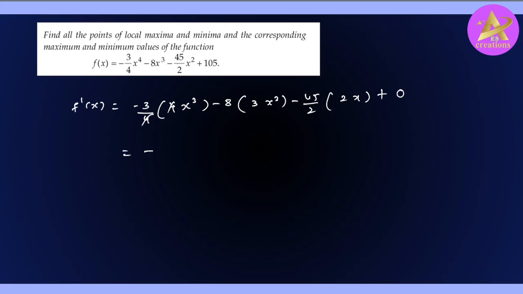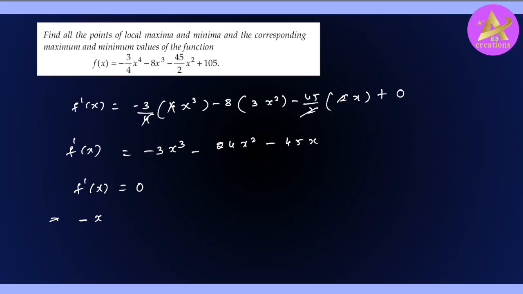The 4 gets cancelled, we get minus 3x cube, and 24x square, and the 2 gets cancelled, we get minus 45x. This is what we get, f dash of x. Then the next step is to equate the derivative equal to 0. Can I take minus common? If I take minus x common,